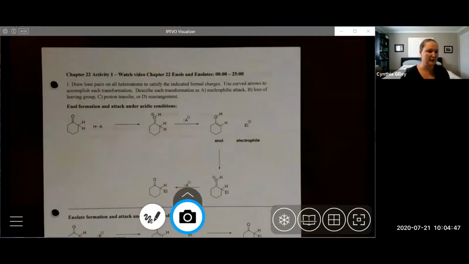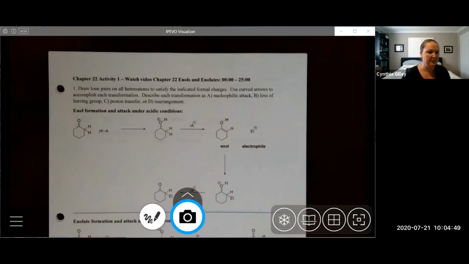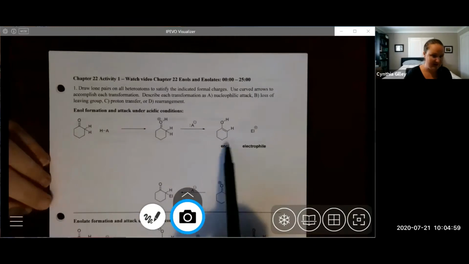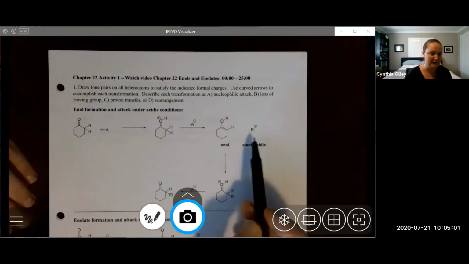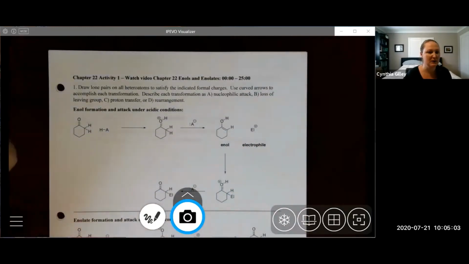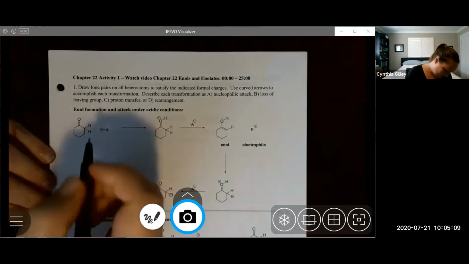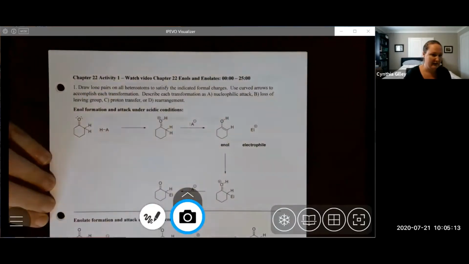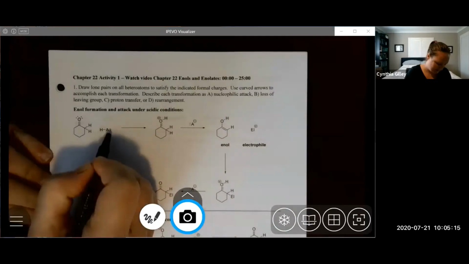So the first part asks us to do a mechanism regarding formation of an enol. So it's a generic mechanism, formation of an enol, and then attack of a generic electrophile. Remember, chapter 22 is all about reactions of enols and enolates. So we are going to draw our lone pairs in, and we have an acid here, and we know that